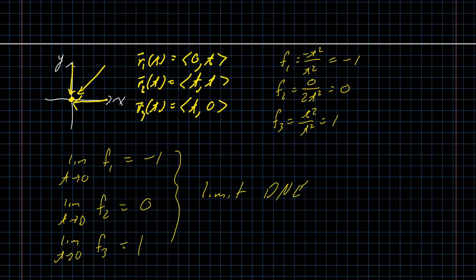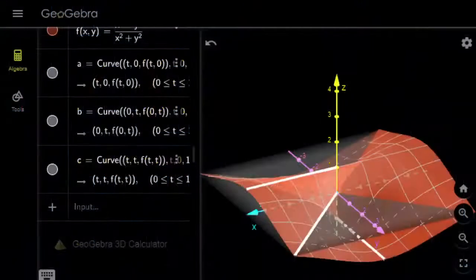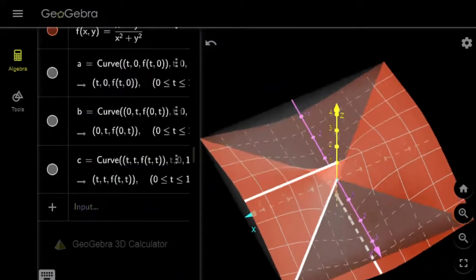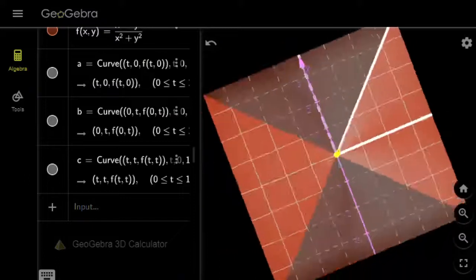Because these three limits do not agree with each other, the limit of the original function simply does not exist. To get some sense of what's happened here, once again, I've gone and graphed these curves. So we have the surface, f of x and y graphed. We have the curve along the x-axis, the curve along the y-axis, and the curve along the line x equals y. If I look at this top down, swivel that around,